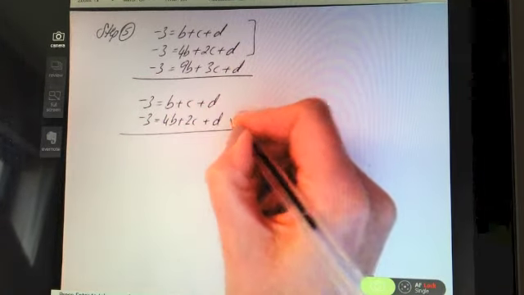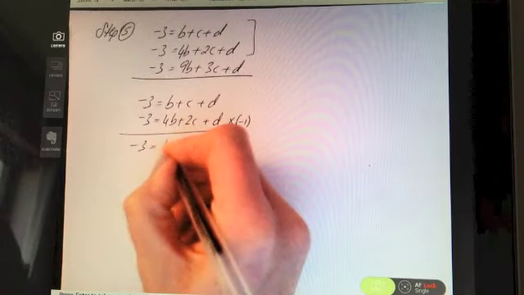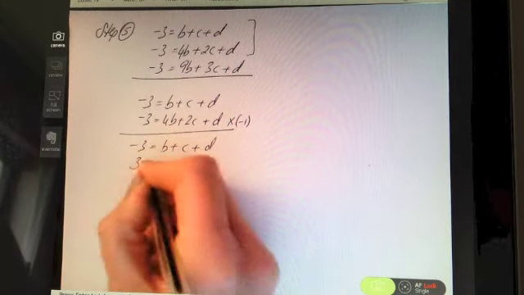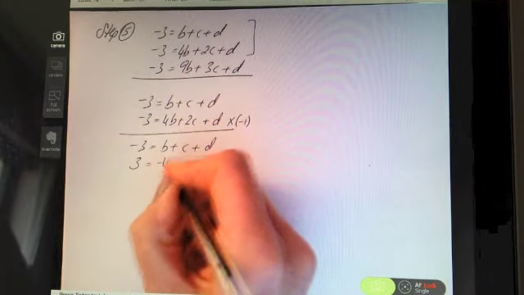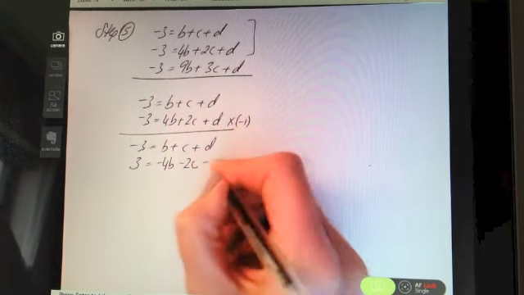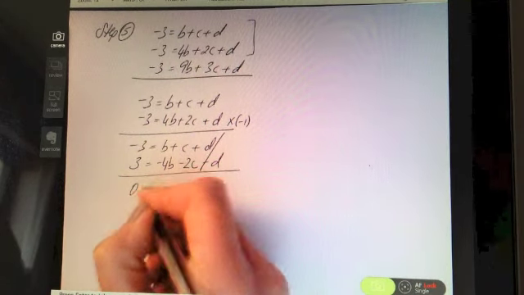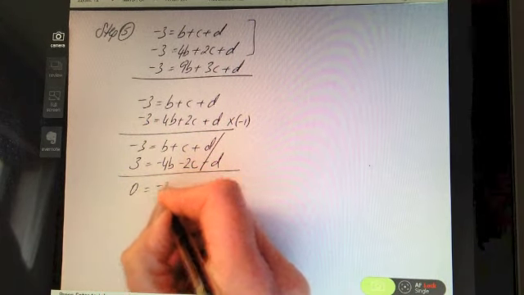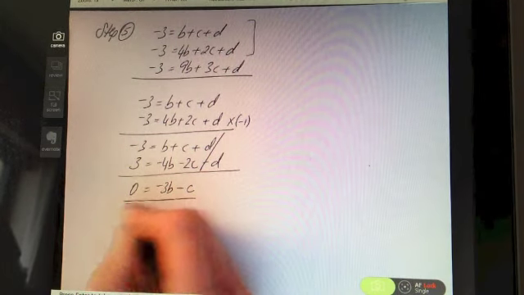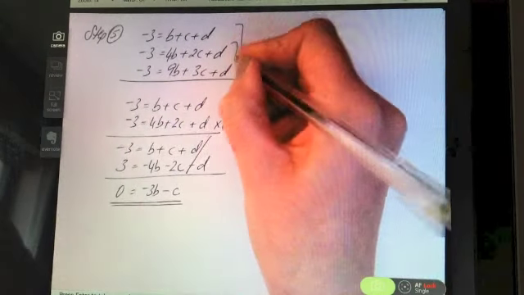All I need to do is make sure 1 is a minus, so I'm going to multiply the bottom line by minus 1. Minus 1 times minus 3 is plus 3, minus 1 times 4b is minus 4b, minus 1 times 2c is minus 2c, and minus 1 times d is minus d. And so they cancel quite nicely, and I'm left with 0 is equal to minus 3b minus c. Okay, so now I'm going to take these 2